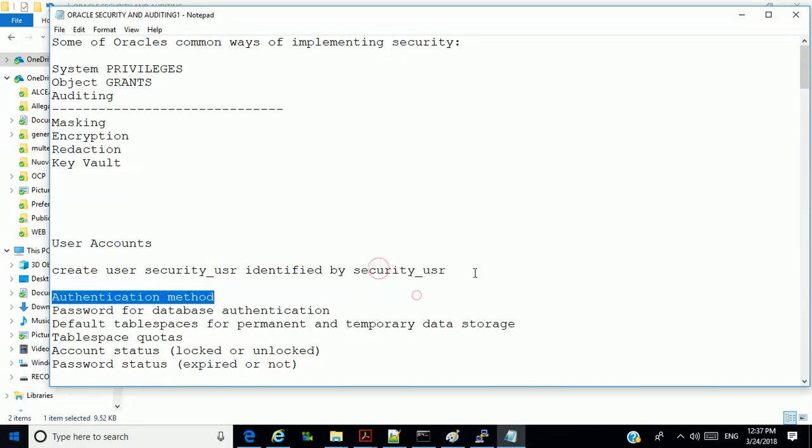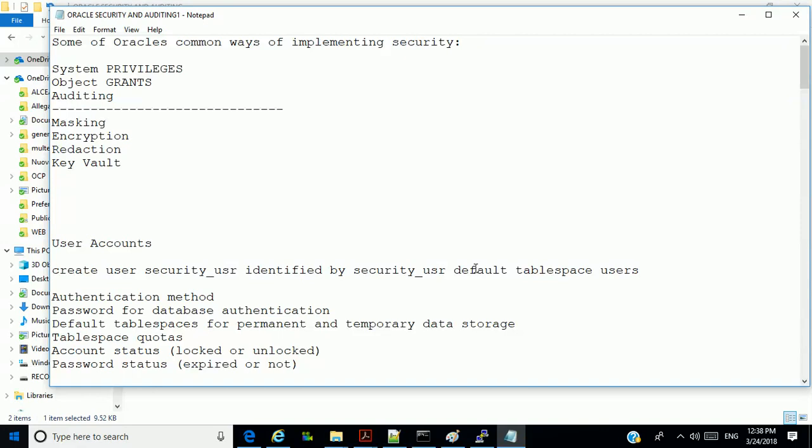Okay, now that password is going to change at the first login. And I'm going to say default tablespace users, okay,